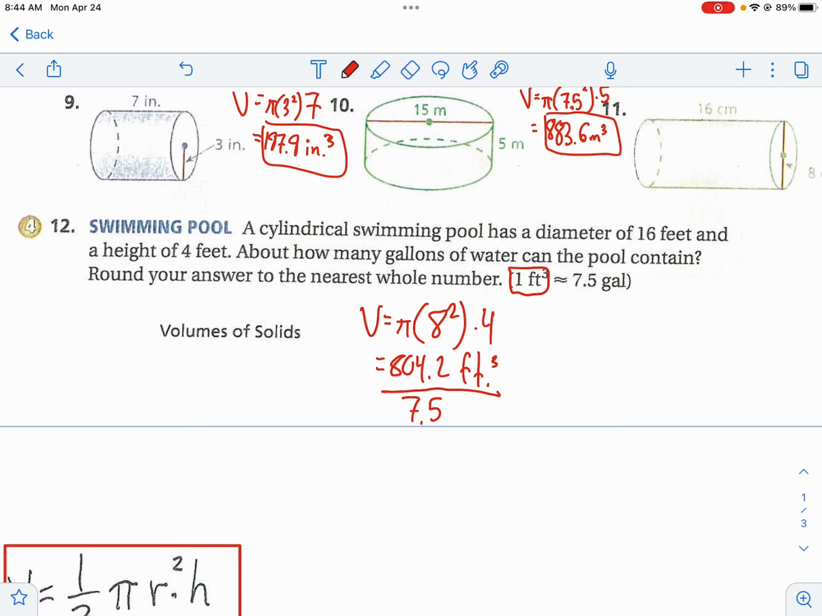Oops, no, I need to multiply that by 7.5 gallons per foot. Wrong way. So multiply that by 7.5. Oh, that's a weird 5. Multiply that by 7.5. Let's take that number, 804, multiply by 7.5. And I get